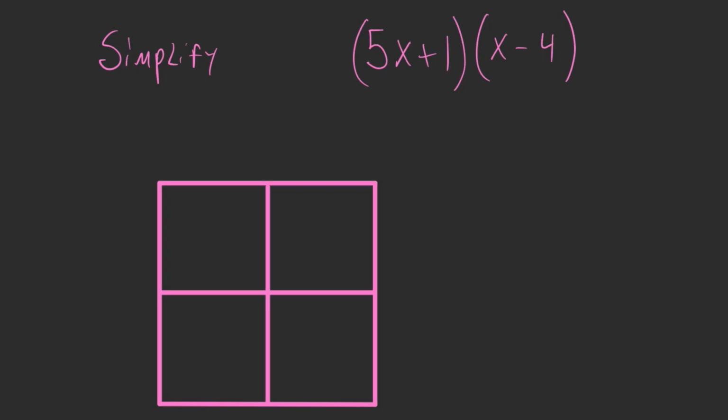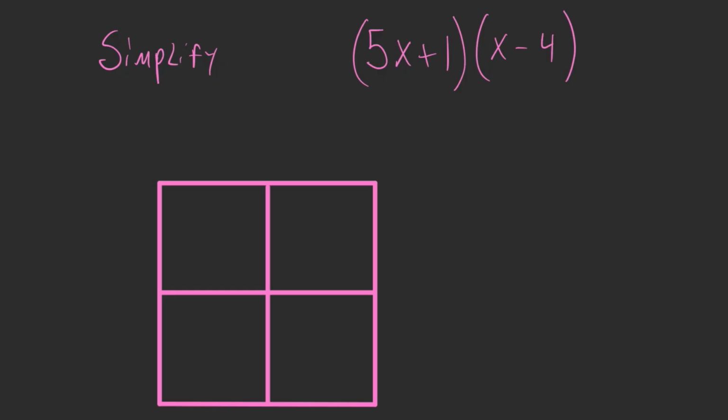Today I want to show you how to multiply a binomial times a binomial, or you can think of it as simplifying if you have two binomials with no operation between them here. And I don't like to use the FOIL method. You might have heard the FOIL method before, first, outer, inner, last, but I'm going to use this method called